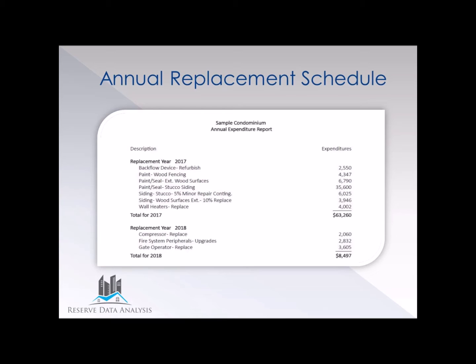You're also going to have an annual replacement schedule. So this is just each year and the projected expenses and projects that are going to become due in each given year, as well as totals. So in this case, we have an example here, replacement year 2017. We have all the components that are projected to come due in that year, and the total cost expected